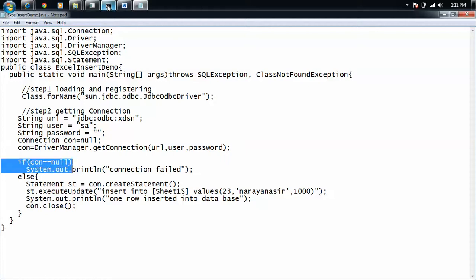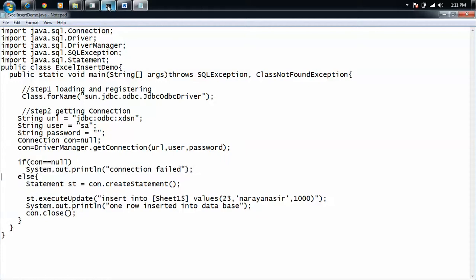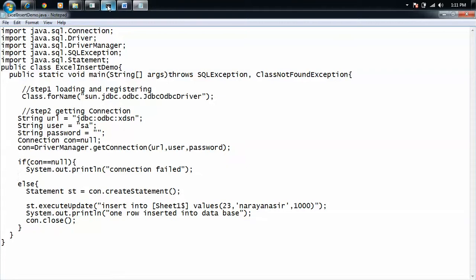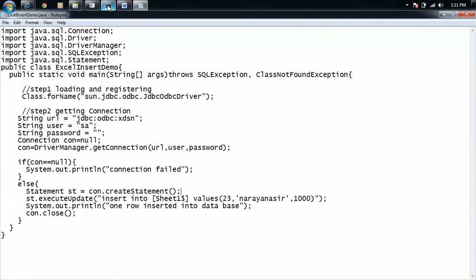Now I'm validating it. If connection is equal to null, I'm going to say that connection is failed. If connection is not null, I'm creating a statement, and after creating the statement, I'm inserting the data into sheet1$.